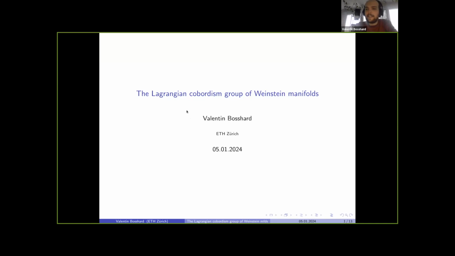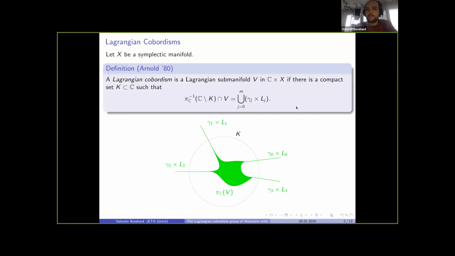So in this third talk, we are going to think about the computation of the Lagrangian cobordism group of Weinstein manifolds. So what is that? What is a Lagrangian cobordism? If you're in the setting of a symplectic manifold X, then Arnold already in the 80s defined Lagrangian cobordisms as